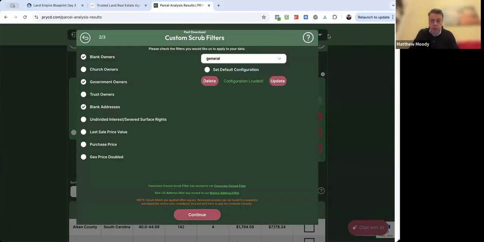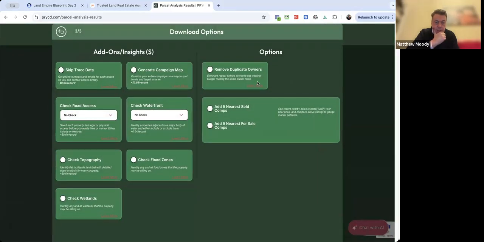So who are we going to scrub out of the list that comes through? For us, we're not interested in anyone that has a blank ownership record. If we don't know who the owner is, we can't market to them, so it's a waste of time pulling that record. We're not interested in government owners at this stage either, so we're going to ignore that. Blank addresses, we're also not interested in. This used to have overseas, but that doesn't seem to do that anymore. But fair enough. So we'll continue, and this will bring up the final page, which is where you can get